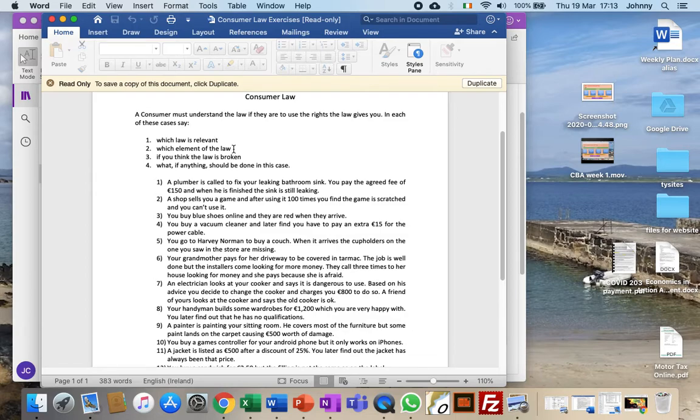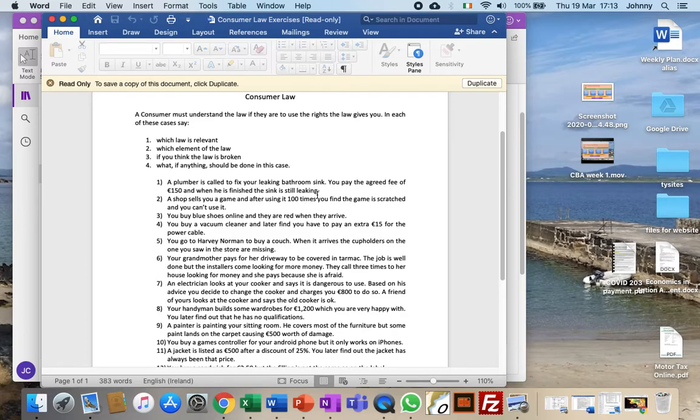Which element of the law? So which rule or which principle of the law? So this is relating to services, and there are three rules about services. They have to be done by a qualified person. I've no hint here that this guy isn't qualified. I didn't say anything about his qualifications, okay? So I'm assuming if he's called himself a plumber, he must have done the normal training to become a plumber. So it's not that. If he uses parts in the job, those parts must be merchantable. That's a second rule, okay?